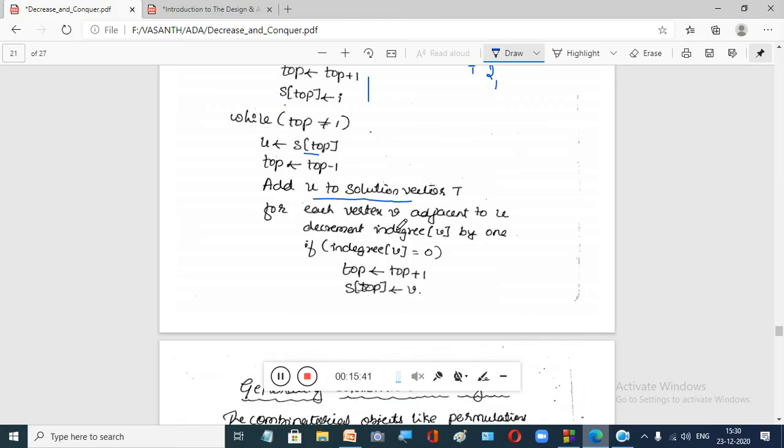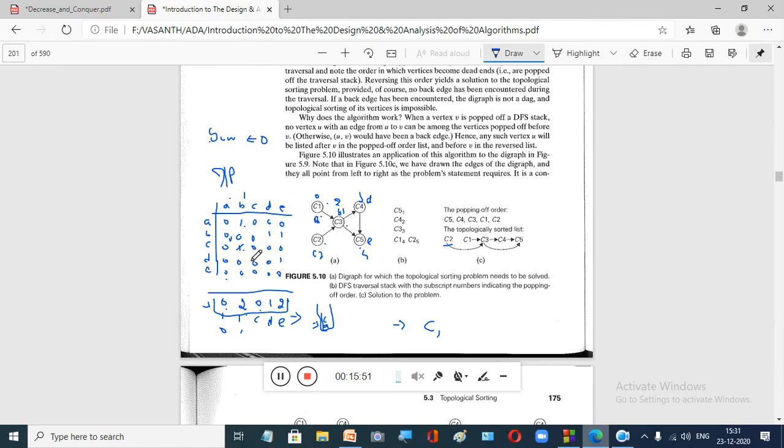So now for every vertex V which is adjacent to u. So now you have removed this C. When you remove this vertex C, the vertex which is adjacent is B. To C, the adjacent node is what? B, this node, right?